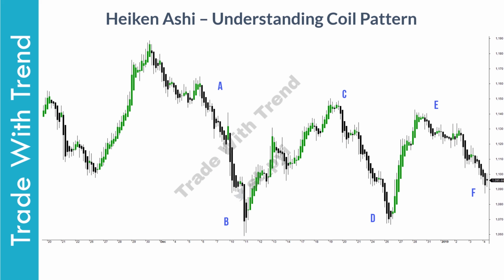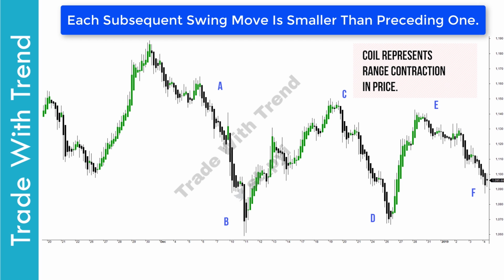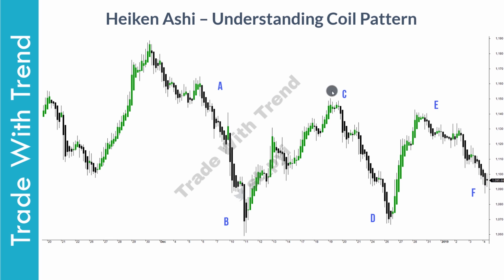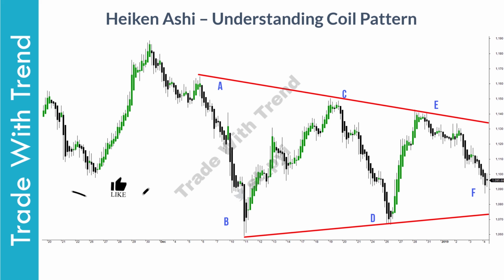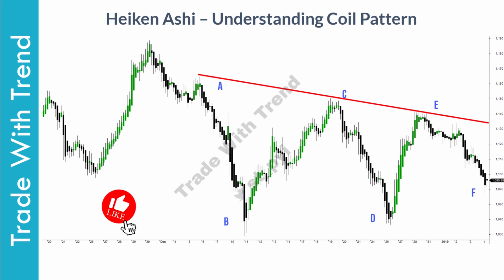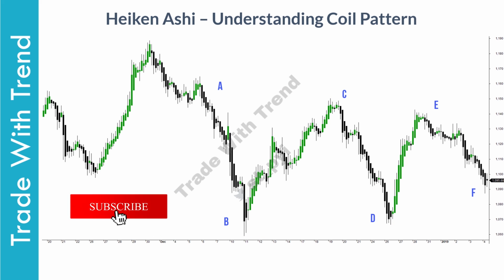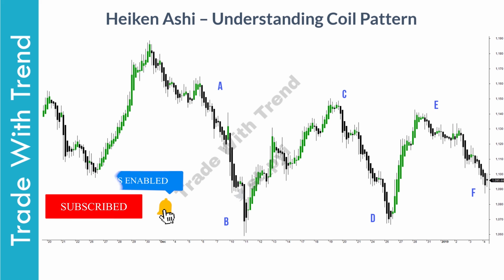If you look at the chart in front of you, I have marked the coil trading pattern from point A to point F. The swing from A to B is greater than that from C to D, and from C to D, the swing that you see is greater than what you see from E to F. Now it is very clear from the chart that price is coiling up in a range before it snaps out of it and moves higher. Now whenever price moves above the range, it then enters what we call the spring phase.